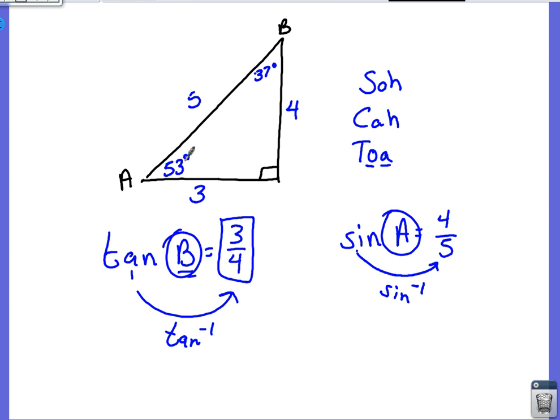53 or 52 point something, I don't know. There was an easier way of doing that. So that's one thing we could do: okay, what is the tangent of A? What is sine of A? What is cosine B? Then we could ask you what is angle A, what is angle B, or we could give you the triangle